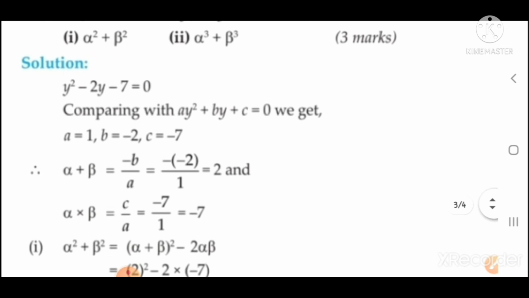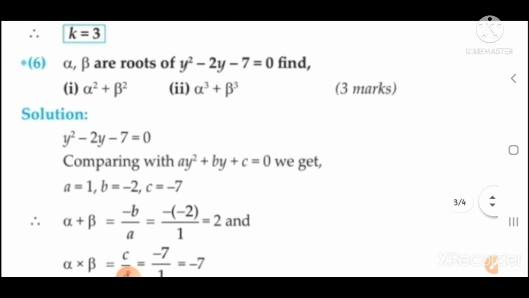Next you have to find two things, one alpha plus beta and second alpha into beta. That is also common now. Alpha plus beta is minus b upon a. So minus, bracket, the value of b is minus 2, upon a. a is 1. Minus minus gets cancelled, 2 upon 1 becomes 2. Alpha into beta equal to c upon a. So c is minus 7, a is 1. Minus 7 upon 1 becomes minus 7.